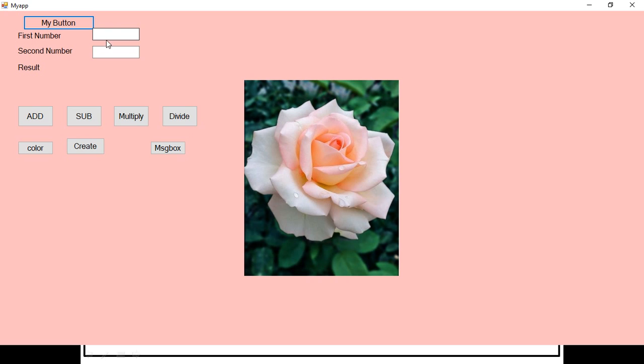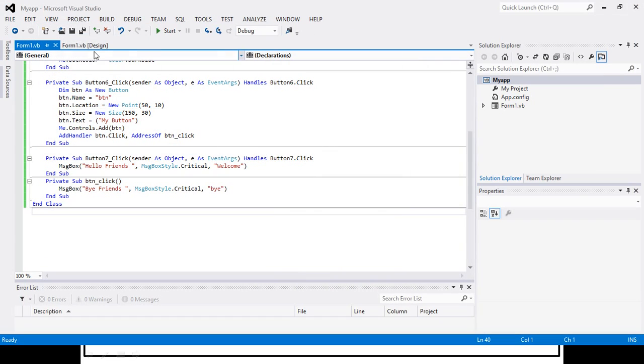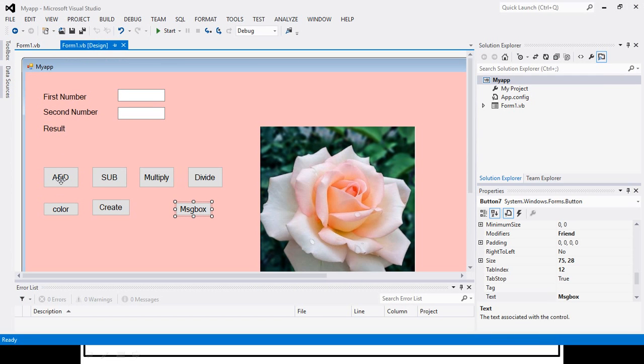So in this lecture we learned the addition, subtraction, multiplication and division of two numbers. Also, we are able to change the color of our form, create a button at runtime, and display a message. One important thing left is that we can also give pictures.